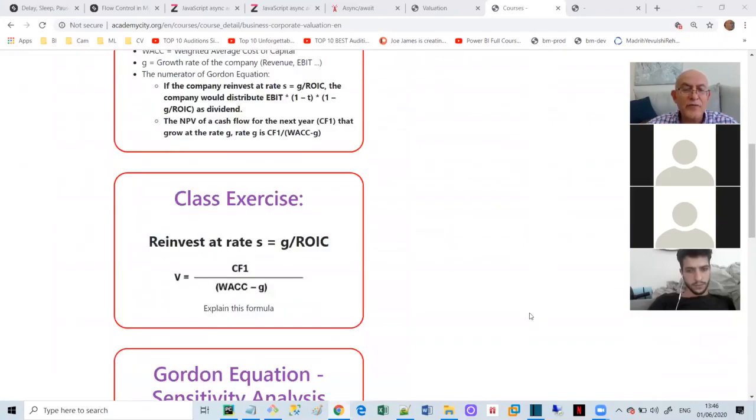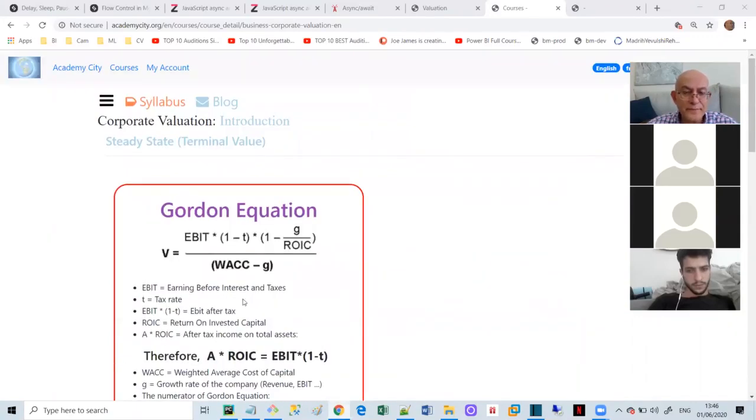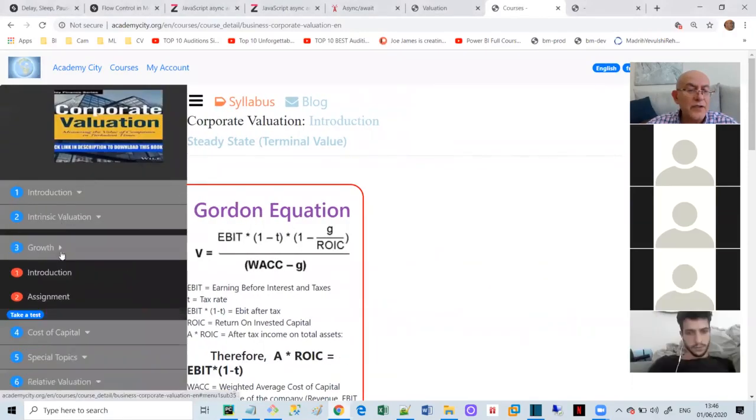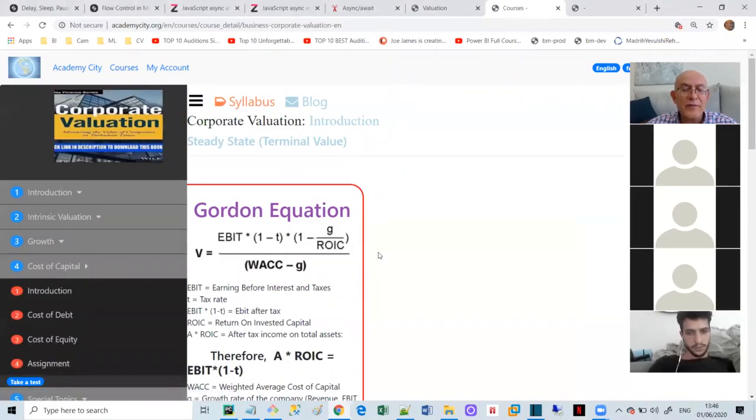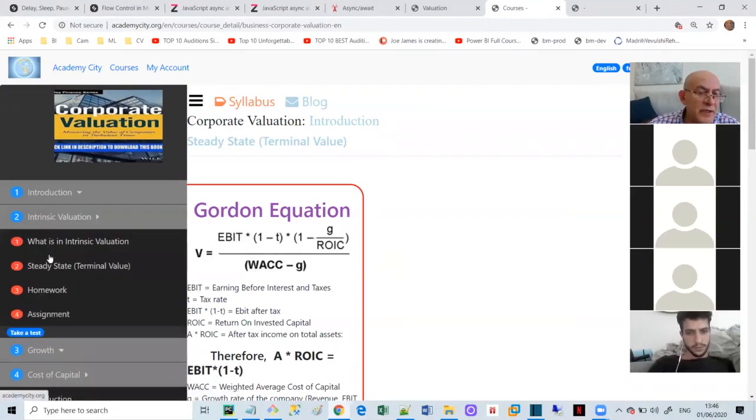And what we're going to do today, we're going to go into cost of capital. That's the next part. So one more time, if you remember in our simple example,